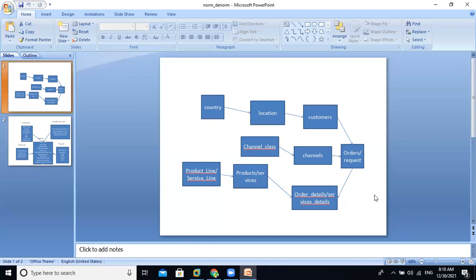Here, if you don't want to lose any kind of transaction done by the customers, if you want to keep the transactions systematically at the database level, then we can design the data model like this. For example, as a customer, they can place an order or send a request to get their service or to get their products. From which country did he place the order? The country's information is saved in the country table. Actually, some reference data is already available in the country table.